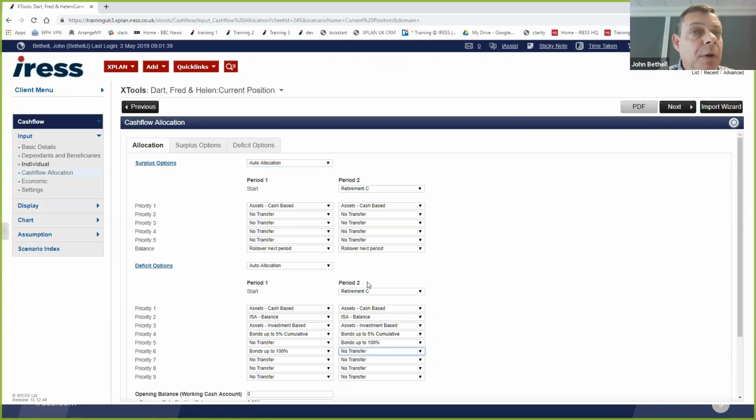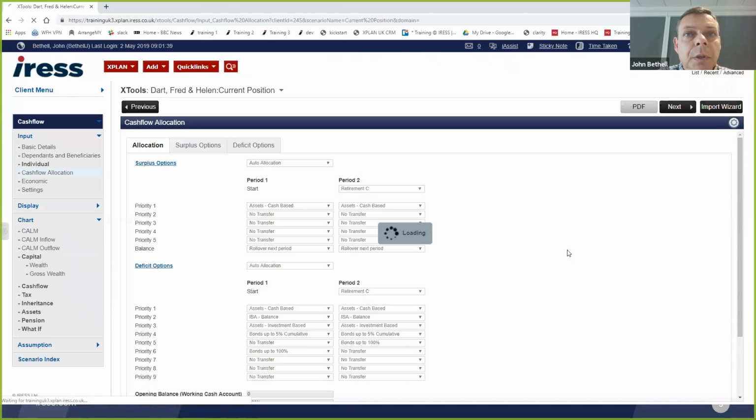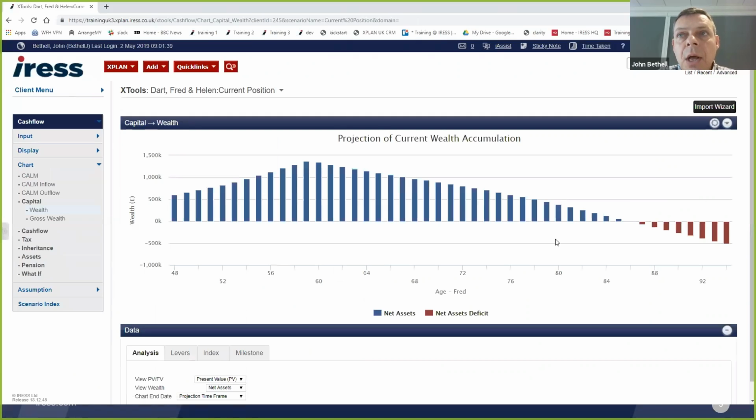And you can change them for individual clients. So let's then move on and just have a look at a chart and what that means for our client. Because of the time limits today, keeping things fairly tight, I'm not going to go into too much detail, but we can see in terms of the charts, there's a lot of them, some quite detailed ones, some quite simple ones.